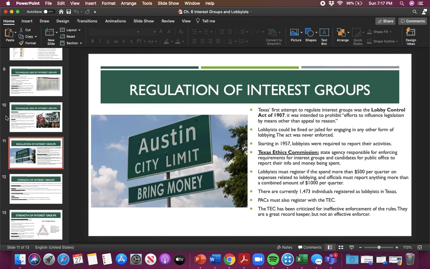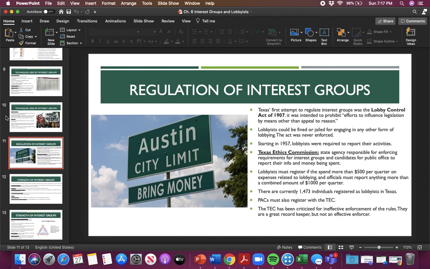Now, regulating interest groups is something that could be better in the state of Texas. Texas' first attempt to regulate interest groups was what we call the Lobby Control Act of 1907. It was intended to prohibit influencing the outcome of legislation by any means other than appeal to reason. So the only thing you could do is just present a good argument to a legislator. Lobbyists could be fined or jailed for engaging in any other form of lobbying, but unfortunately, this act was just